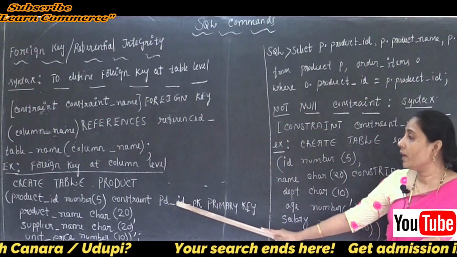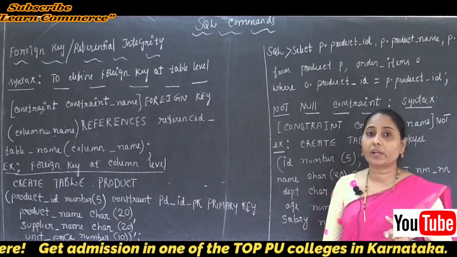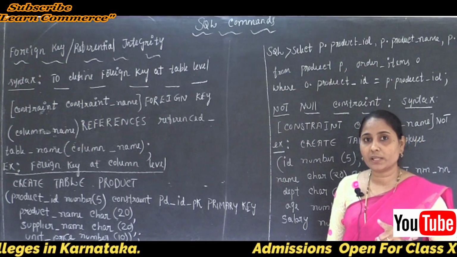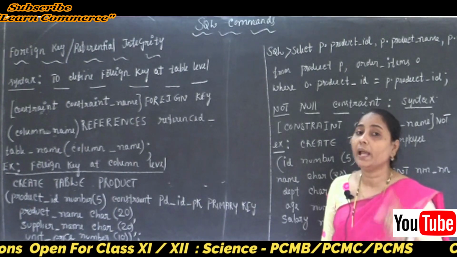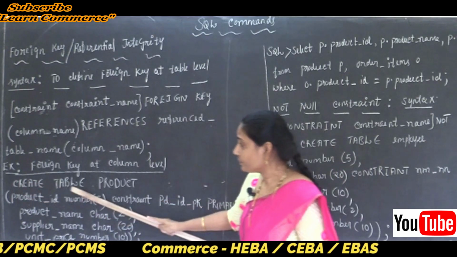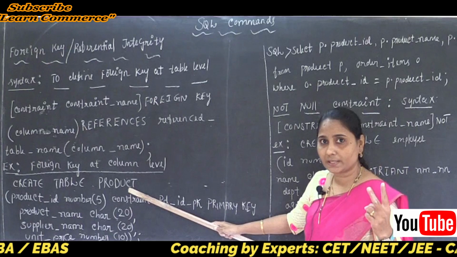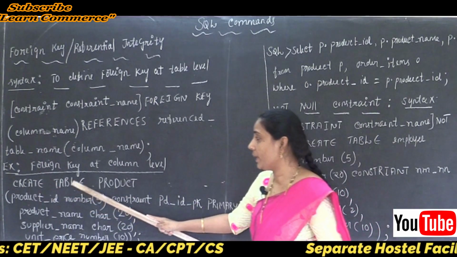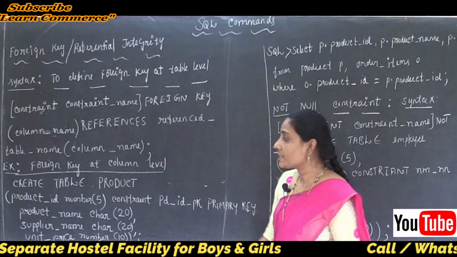So this is the example for the column level. Why? Because here I am just going to create the relationship between one column from one table and another column from another table. Just two columns make the relationship. So first of all, we start with CREATE TABLE product. Clear this point here? Because two tables are there. Now I am just starting the first table, CREATE TABLE product, and next such product table has some columns.